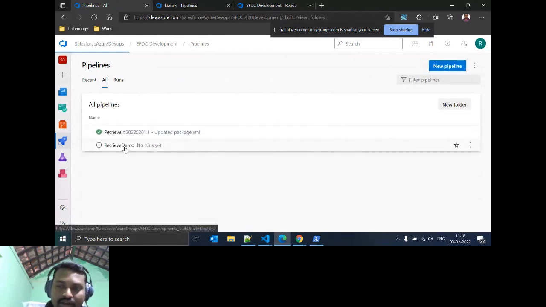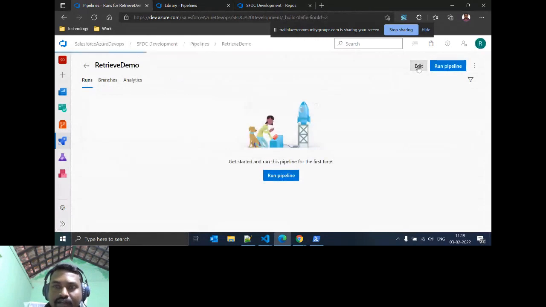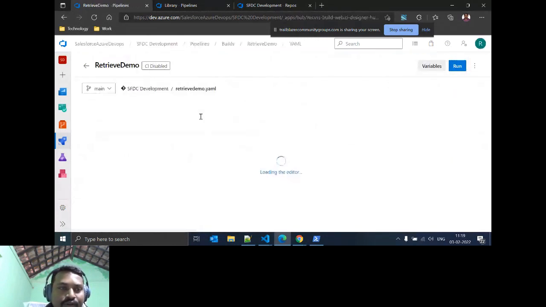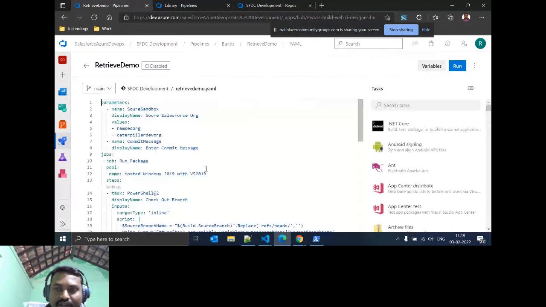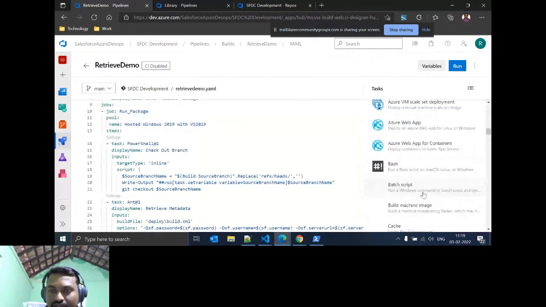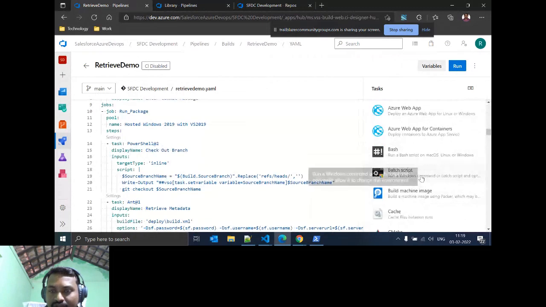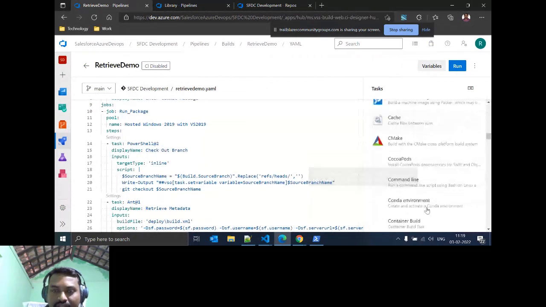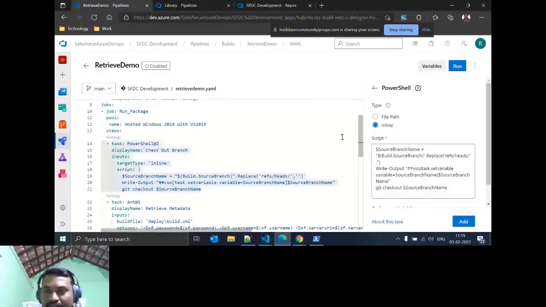And here also you click edit. I will show the UI itself. Suppose you are creating through the UI itself, it will come like this. You write all the things and you can select whatever tool. Like script, everything you can add from here also. For example, I will show you how we do the PowerShell script. The PowerShell script comes like this. You can select PowerShell script and add it through the UI itself.